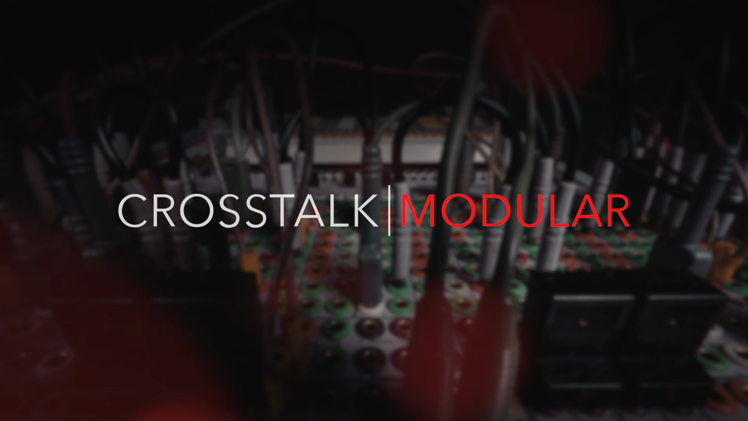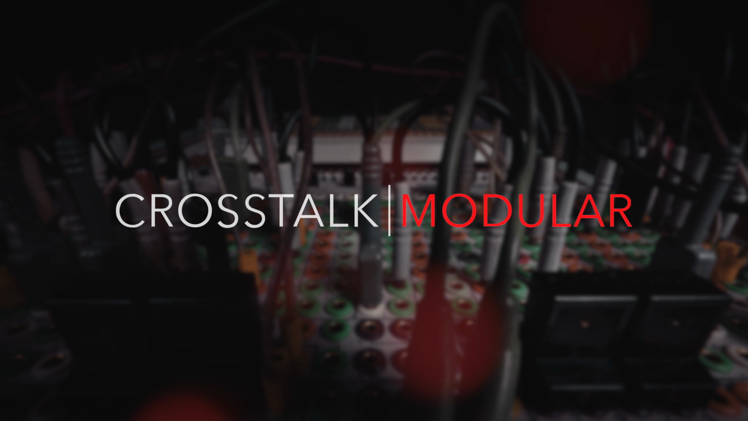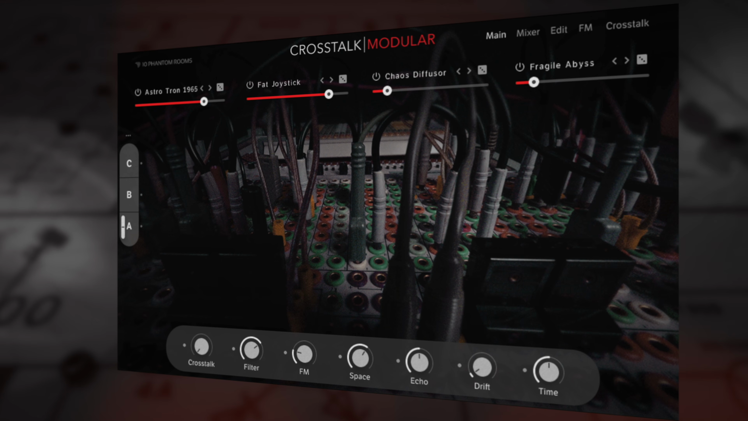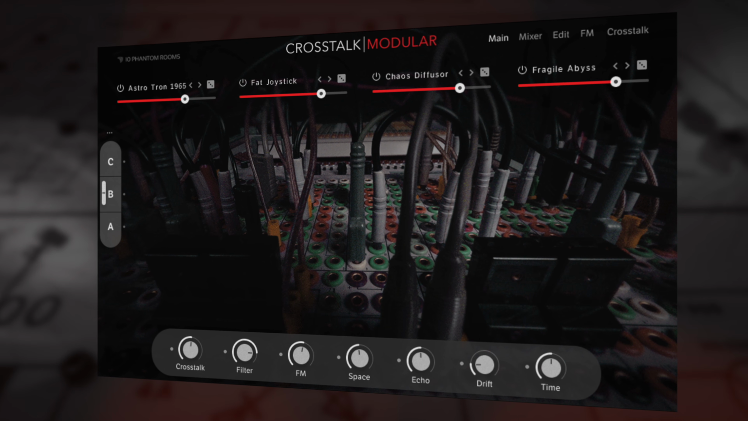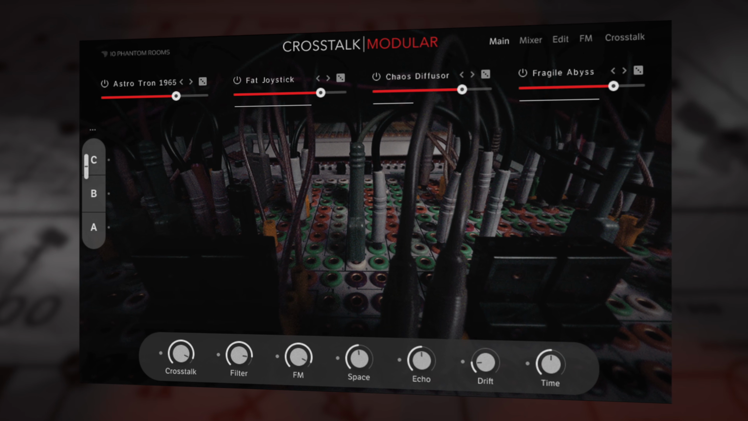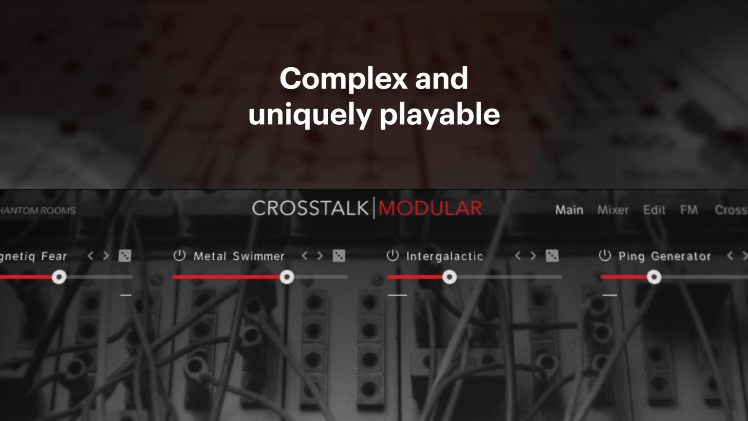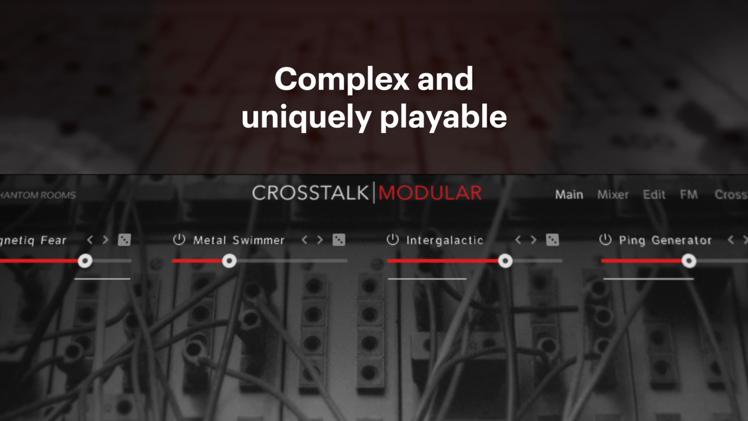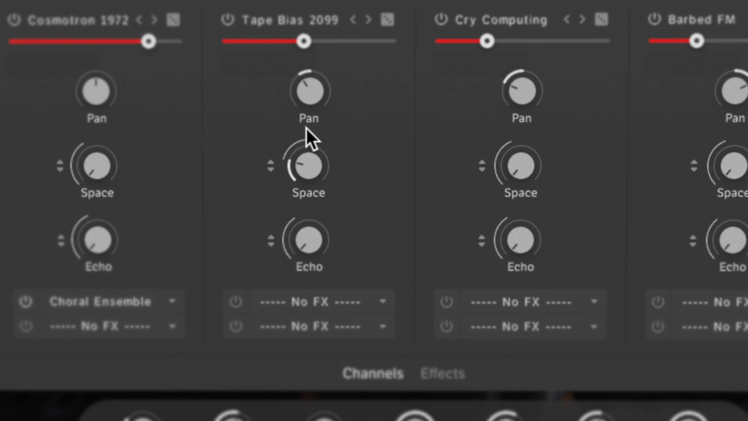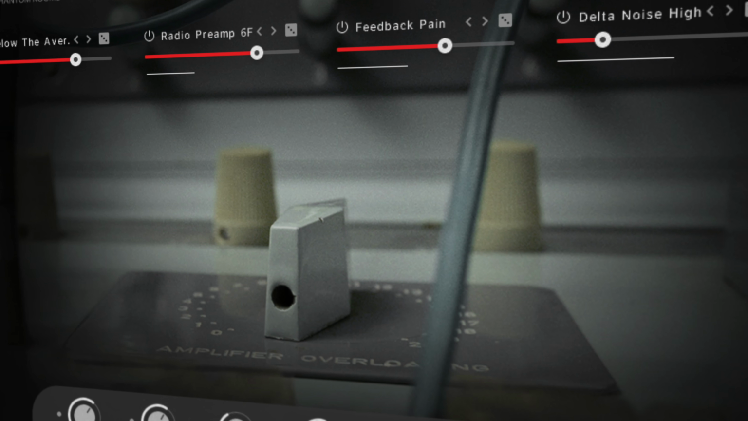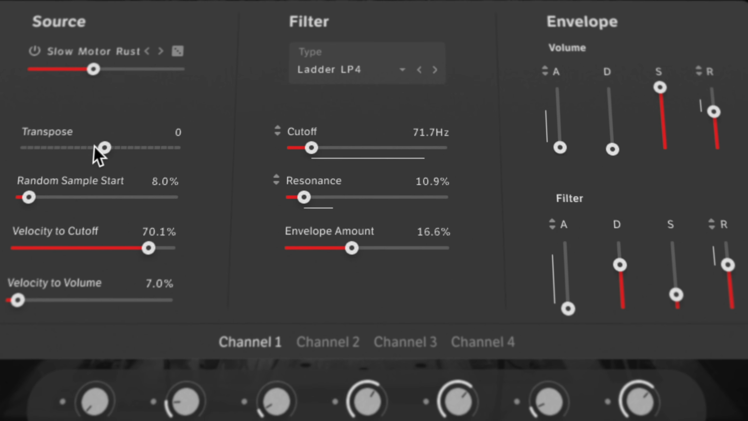Introducing Crosstalk Modular from 10 Phantom Rooms, a fully loaded collection for Native Instruments Contact 8. This suite of inspiring sounds has been created from extensive modular gear recordings and hardware processing, resulting in complex and uniquely playable instruments. Explore sonic textures from authentic modular hardware and resampled acoustic instruments and voices, producing unheard and highly